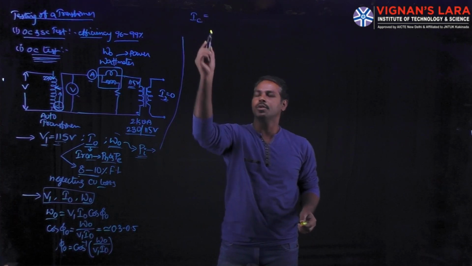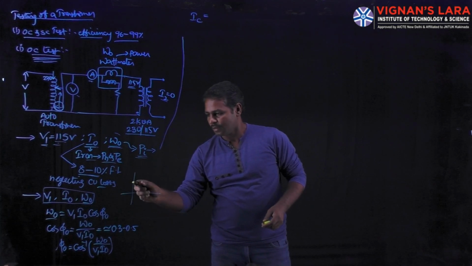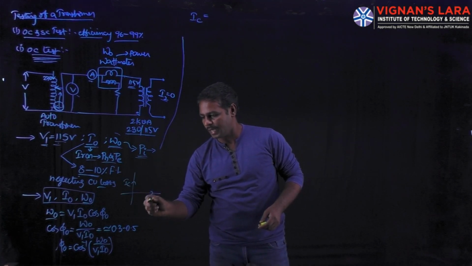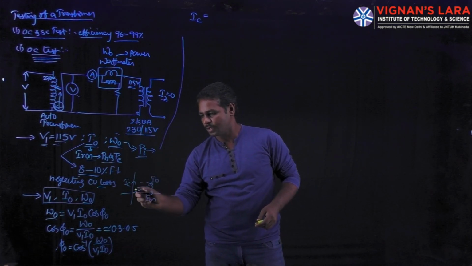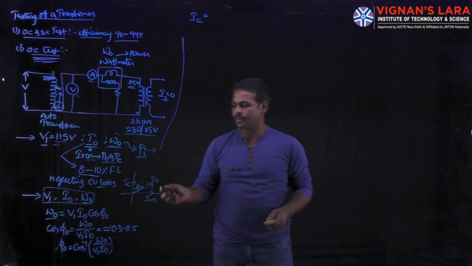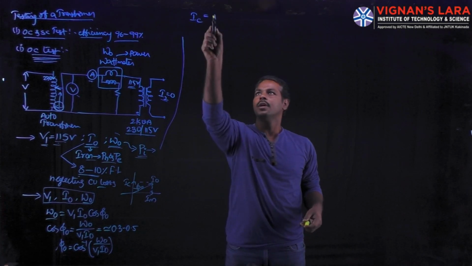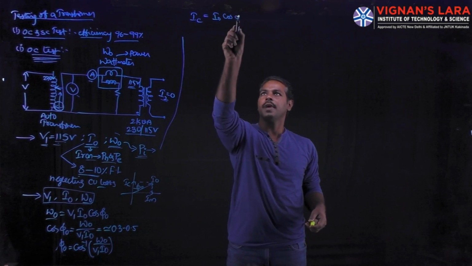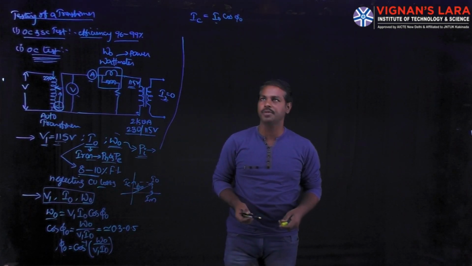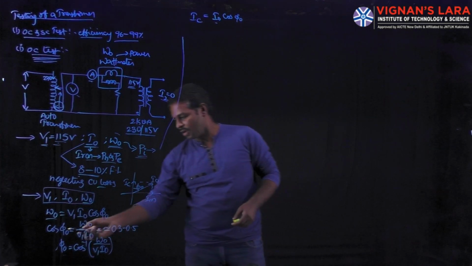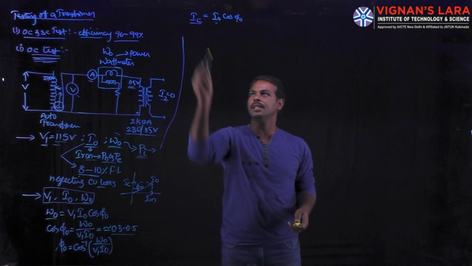Based on the phasor diagram of a transformer, IC and IM are the two components, and their resultant is the no-load current I naught. The angle between I naught and the voltage is phi naught. Then the core loss component IC is equal to I naught into cos phi naught. I naught is a known value because it comes from the open circuit test, and cos phi naught is also known, between 0.3 and 0.5. Then we can easily find the IC value.